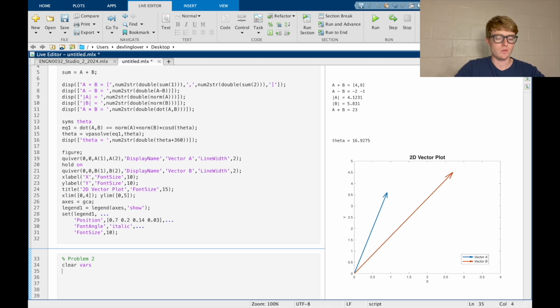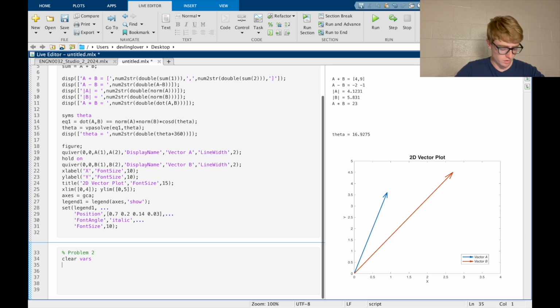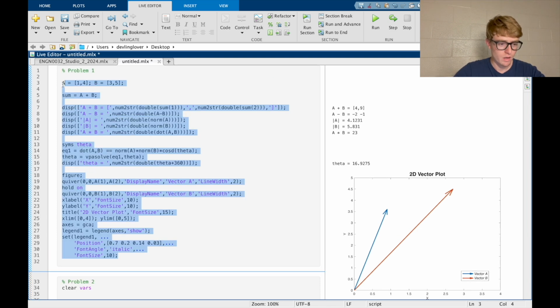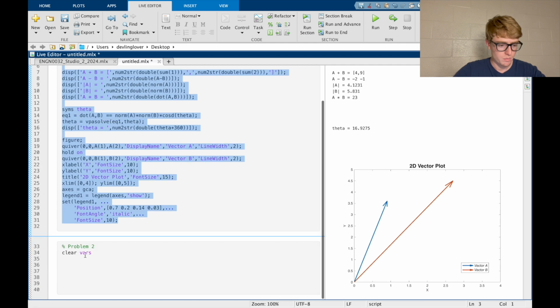I don't really need to do that, it's just sort of an option. And then you can also say close all for closing figures. Again, don't really need to do that in this case, but clear vars is a good thing to put in here probably. Okay, so now I'm actually gonna copy everything from here and I'm just gonna modify because this problem